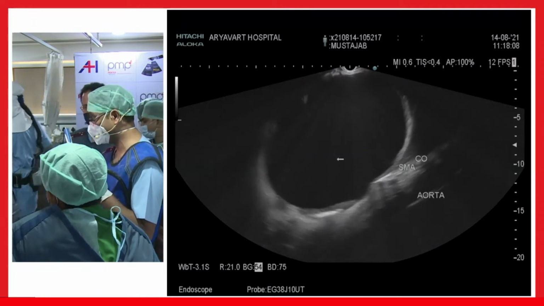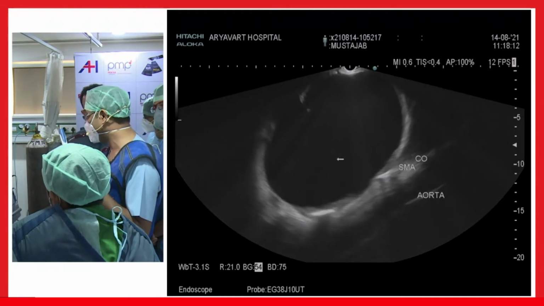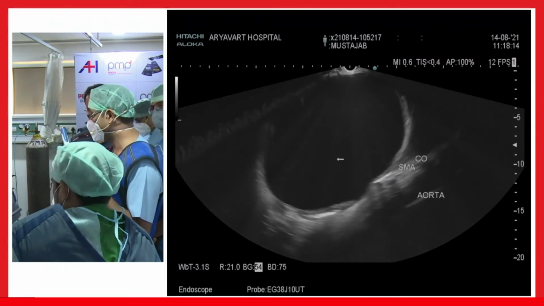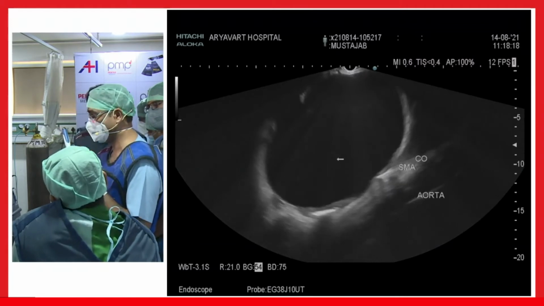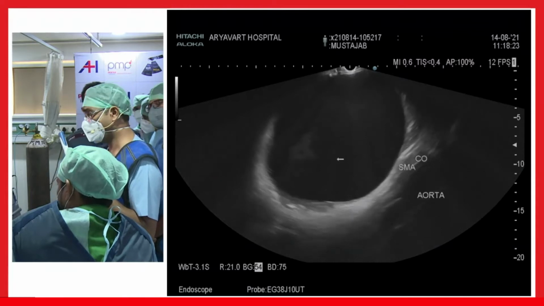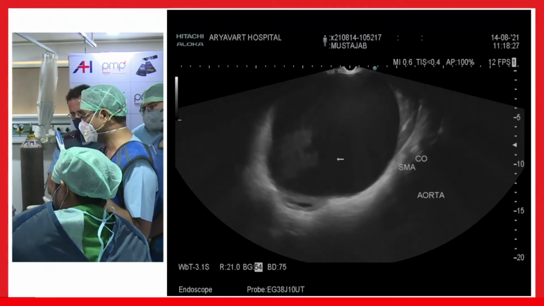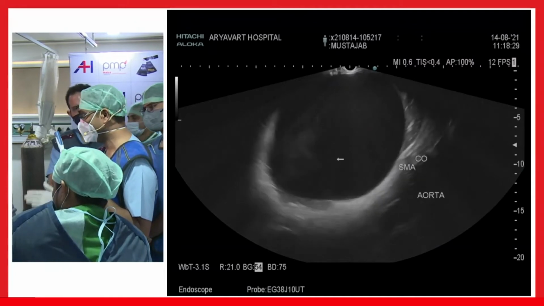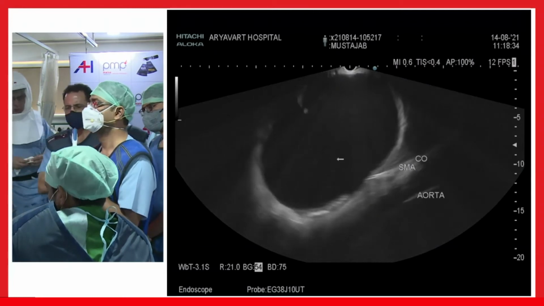Even if you do necrosectomy, as the previous speaker was telling us, necrosectomy is a dangerous thing. If you go for necrosectomy, there is always a chance of leak. So what would be your pressing indication for an early intervention? Of course, the early indication in acute pancreatitis is organ failure. If there is persistent organ failure that is not resolving, you have to do some intervention, if there is a disease which is progressing.